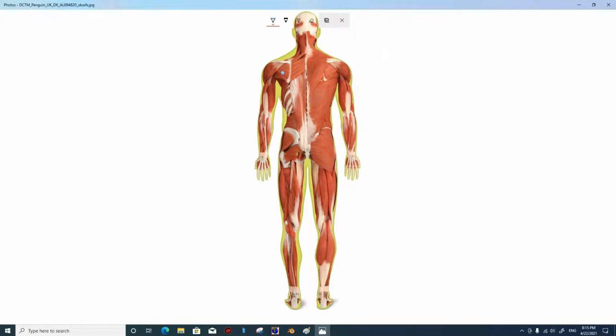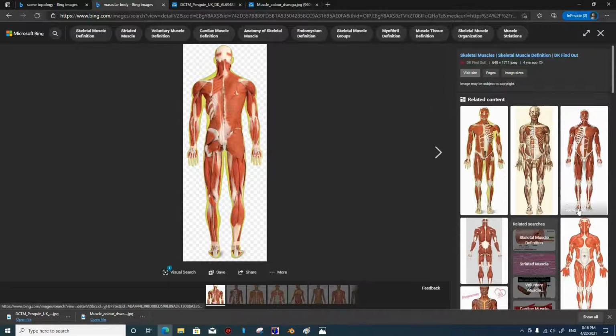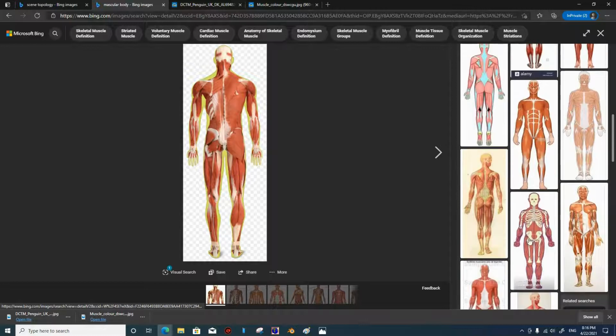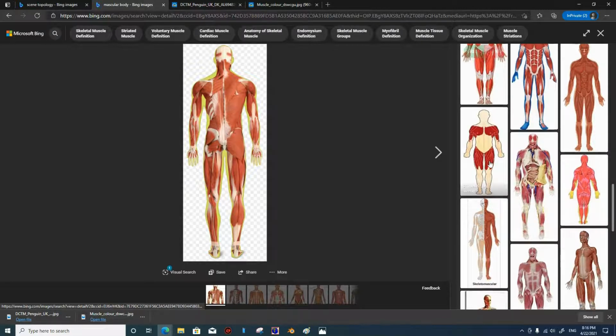We have the image, and when you see the scene topology, it is working here too. This is the scene topology being followed, and how its back side is created. The same scene topology is also followed in 3D modeling. Okay, we are going to take another image through the browser. Fine, we are going to select another image from our browser. You can see there are many images. You can choose any one to learn scene topology and how scene topology works to create any object.